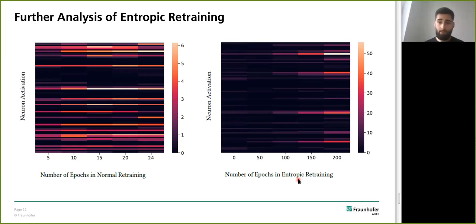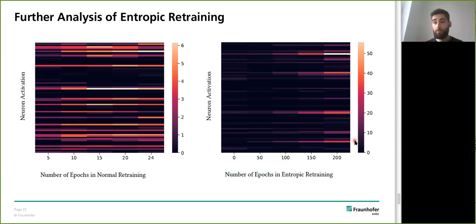And interestingly, on the right-hand side, the more entropic retraining we perform, the more confident the neural network is for each class. In this case, we performed this experiment for the linear target model and the MNIST data set, and in this case for the class 5. And in this specific layer of the neural network, we can see that only a small amount of activation values are significantly higher compared to the rest of the activation values during entropic retraining.